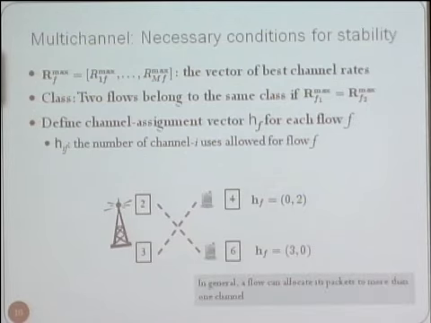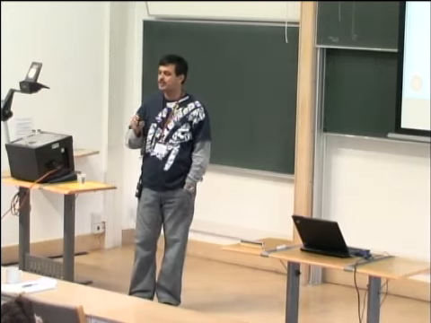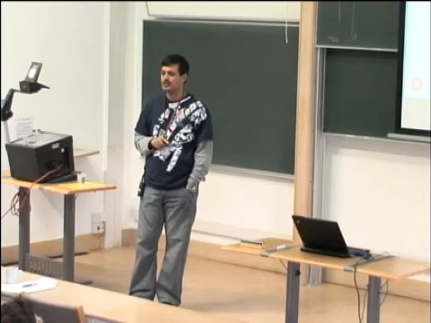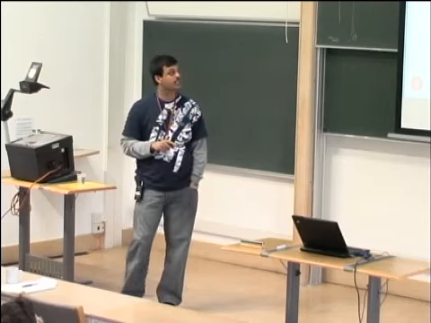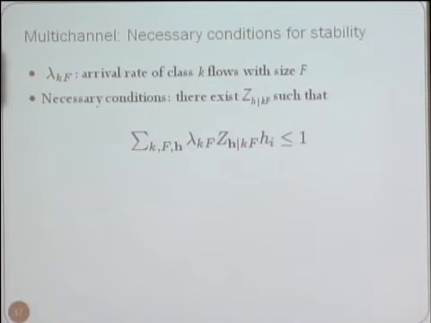In general, it could be more general. I mean, you could allocate this user to use this channel for 2 time slots and then this channel for 1 time slot, for example. Okay. Then you have a different vector. Okay. So what you're going to do is that when a user arrives, you're going to decide how many channel uses you're going to give to that user on each channel. So therefore, if you think of it this way, there is a way to write down the necessary condition for stability.